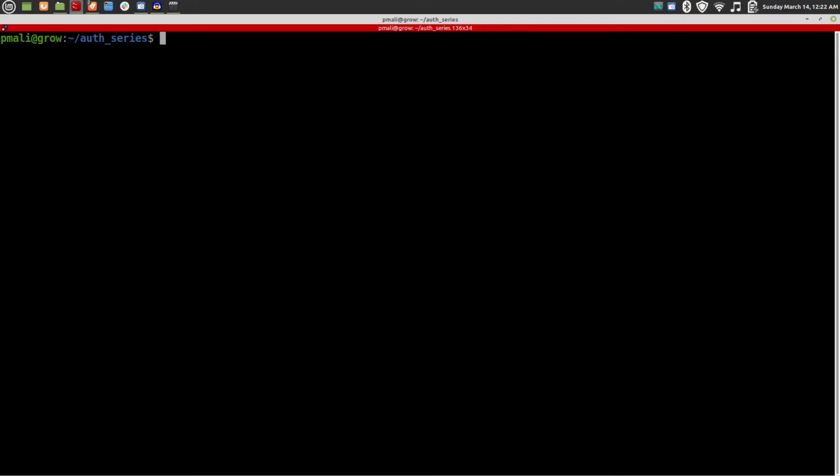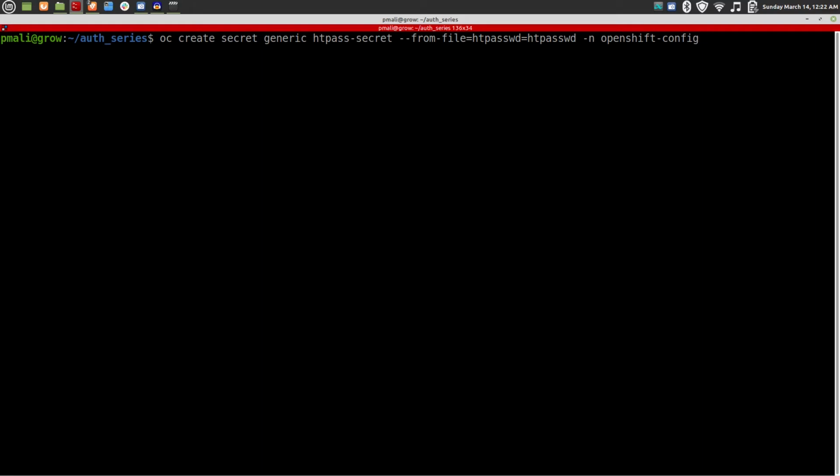Okay, let's create a secret over here. Here is the command: oc create secret generic htpass-secret --from-file=htpasswd -n openshift-config.